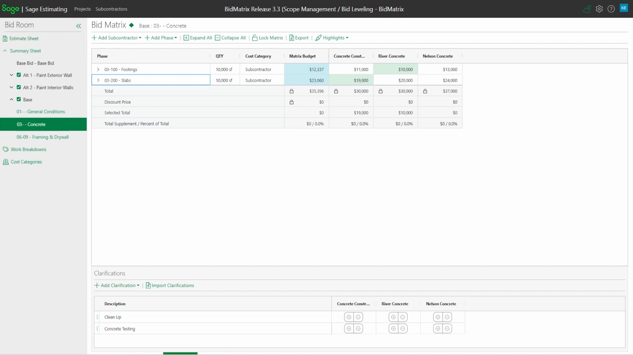This session is going to focus on the scope management and bid leveling and how they've changed the item supplements and the clarifications for better visibility and so forth in my BidMetrics. So let's get started. Currently, I'm sitting in a concrete metrics, and I've got some footings and slab breakdowns and so forth, and some different bidders that have given me some prices and so forth, and all that's pretty much